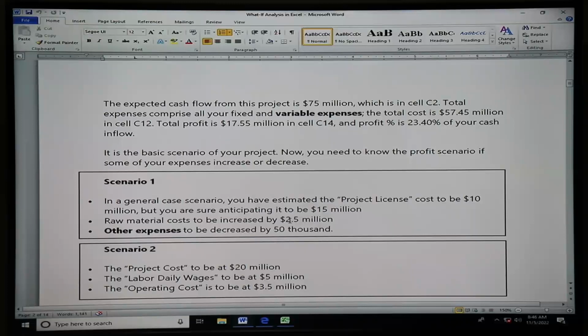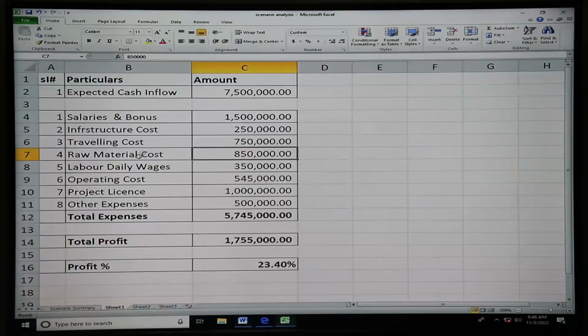That is from 850,000, which was the raw material. We want to increase by 2.5. What did you get? Then as you compute,